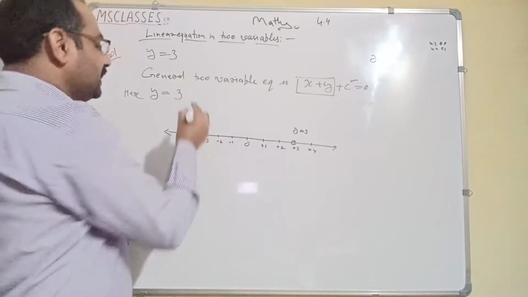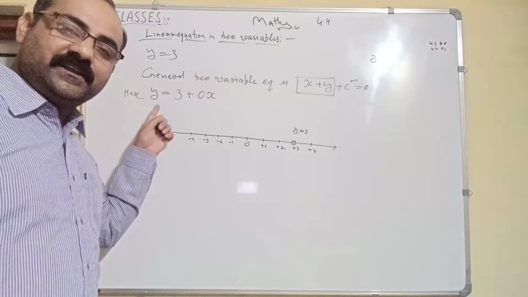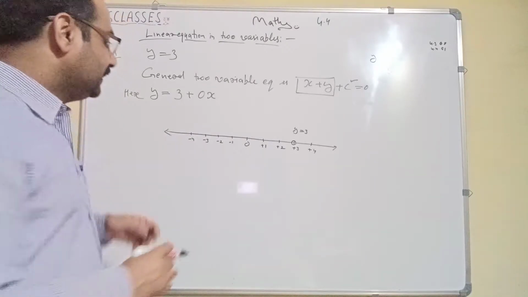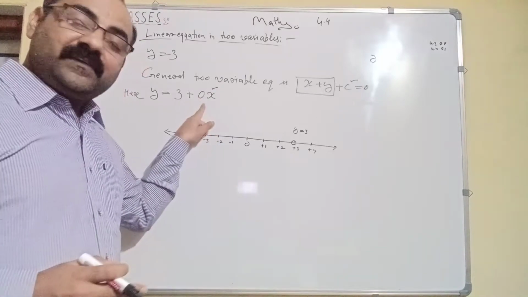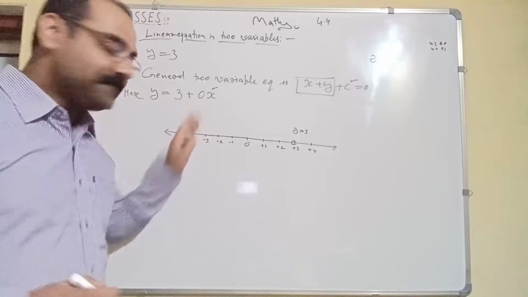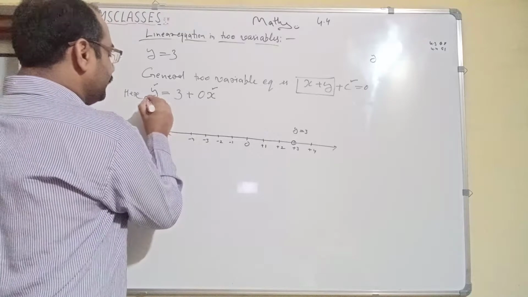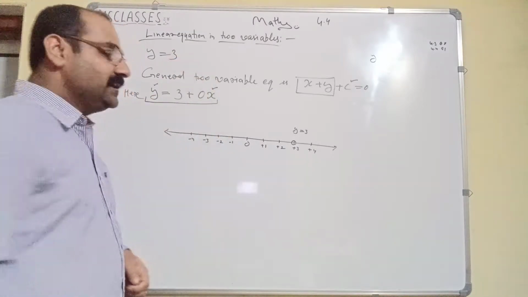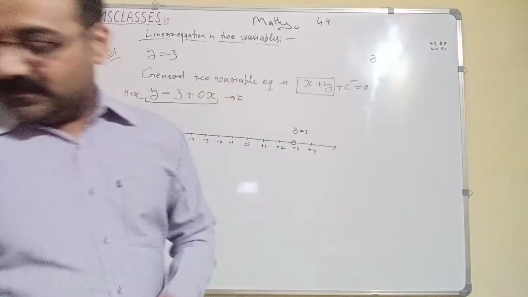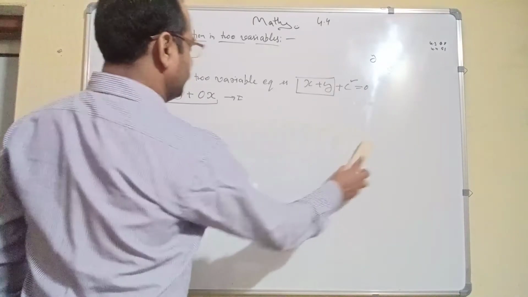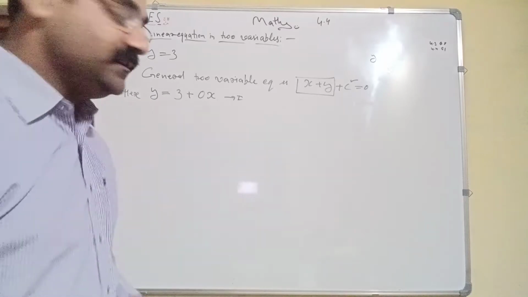Then if we place the value of the coefficient of x as 0 only, then it will convert into a two variable equation, right? So see, here the first variable is x, but the coefficient of x is 0, so this is nothing, okay? And the second variable is y. So this is the equation of two variables. Let this equation be number 1, right? Why do we write this equation number 1? Because we have to find the solution of this equation.